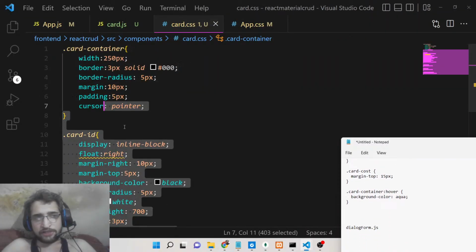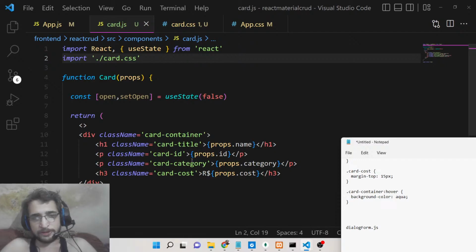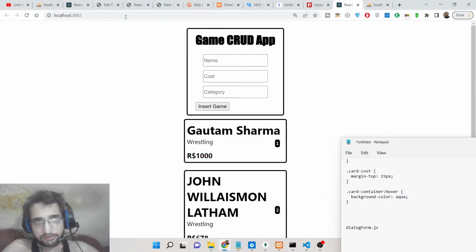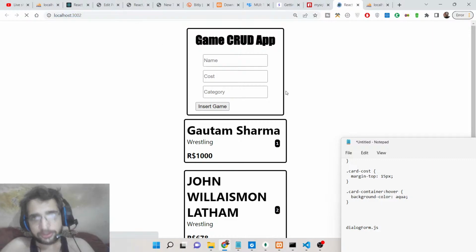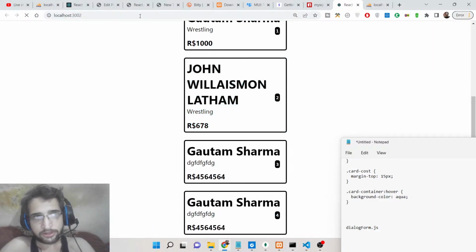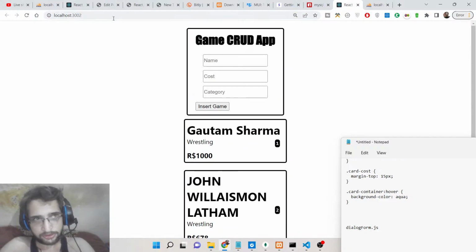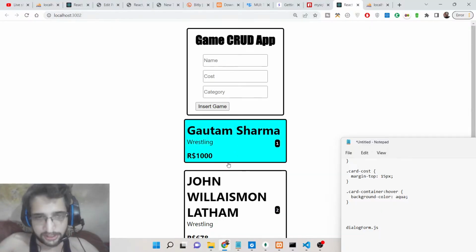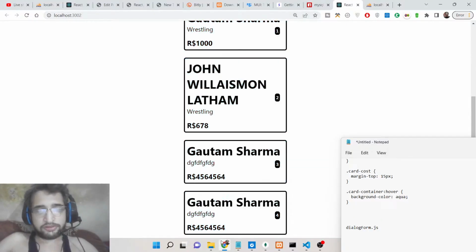So that's all that we need for this CSS guys. So this is completed. So now basically two operations are done. We are able to insert data inside the database, and also we are fetching all the data which is present inside the database. So now the two operations are remaining whenever we need to update the data and also delete it. For doing this,